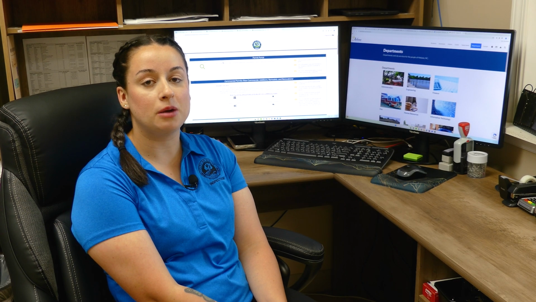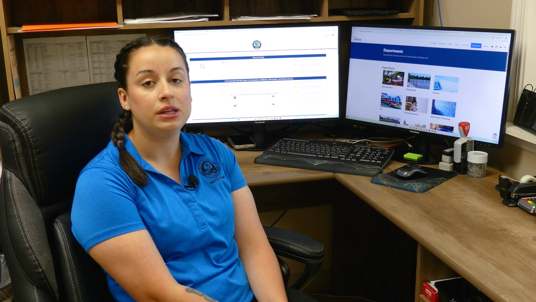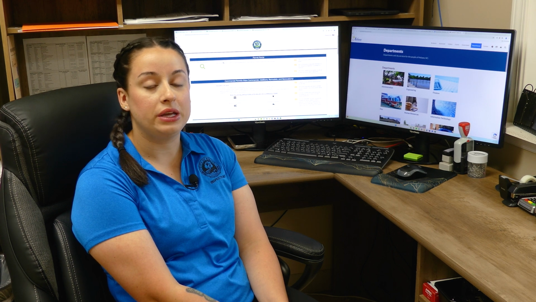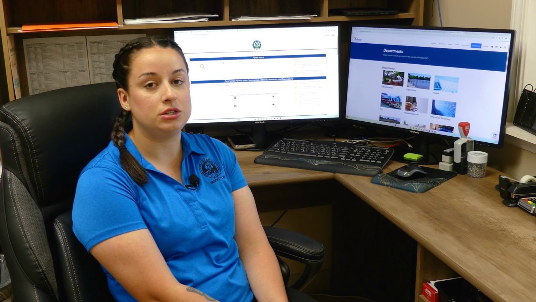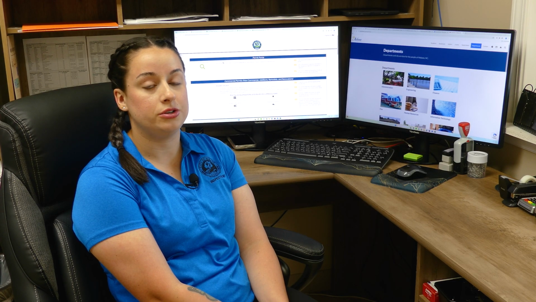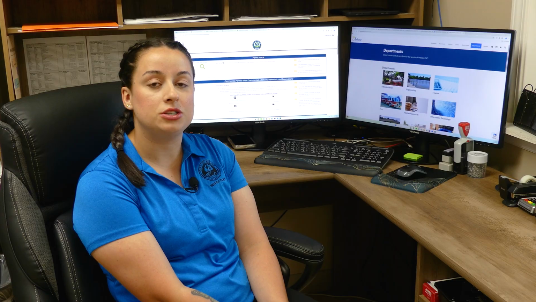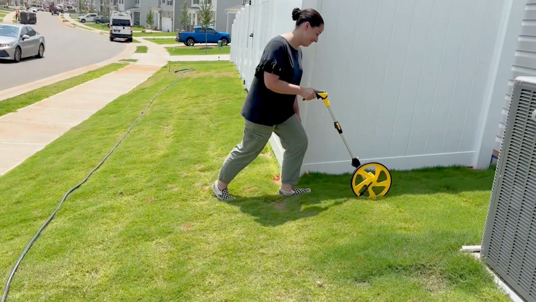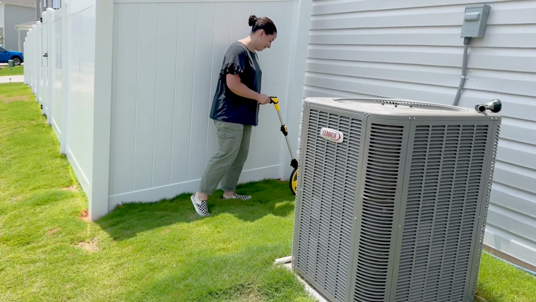Okay, so once your fence permit is approved by planning, we'll reach out. It's a $50 fee. You can either pay it online or here in the office or send us a check through the mail. Once that's finished, I'll go out and inspect your fence. Either yourself or your contractor can call that inspection in. All I do is basically just measure, make sure it meets what was approved by planning and zoning, and then you're good to go.